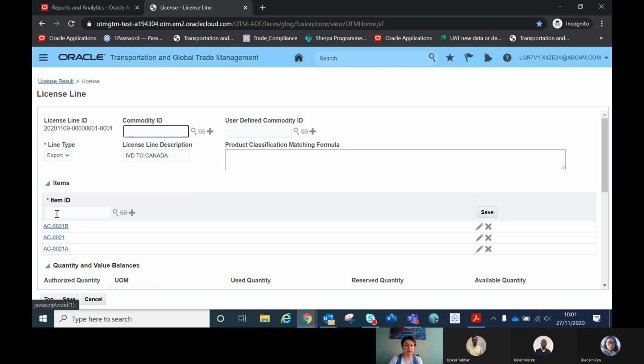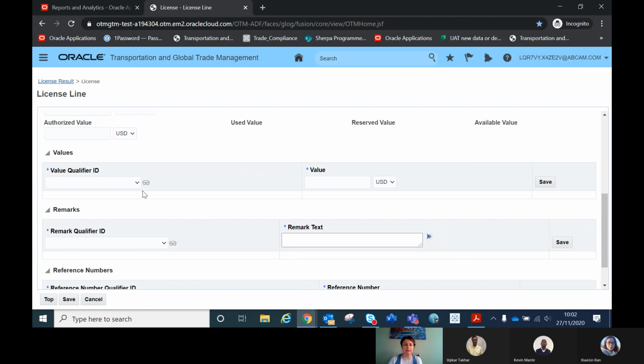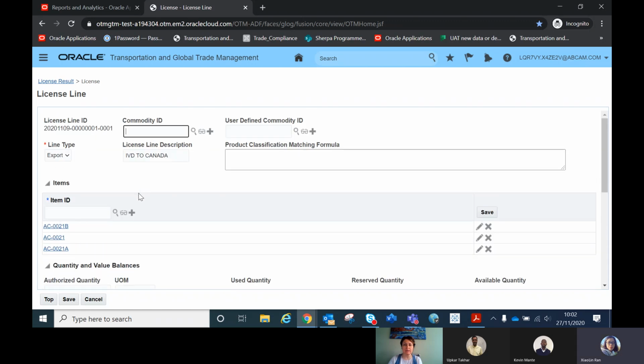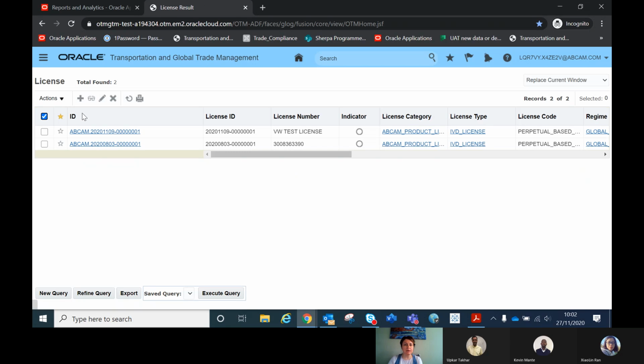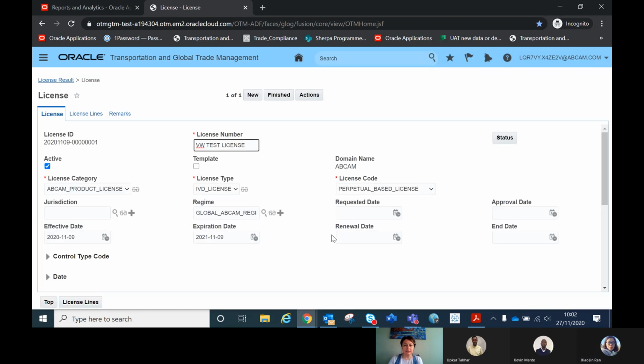You can see 1, 2, 3 items. If you want to add an item, you just click plus here and create another line. For example, if a new version of this 21AB, maybe a 21C version, is being added to the catalog, we add it to our existing license. So you manage all these things from here. And what else can you see? If you go to the dates,